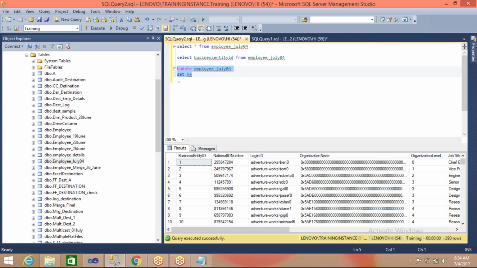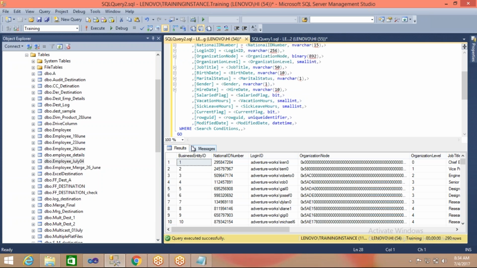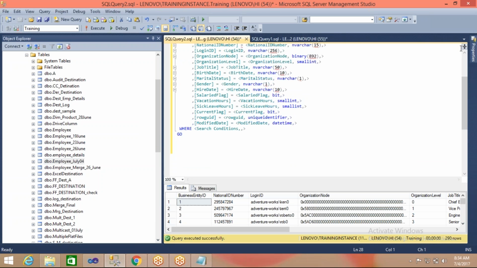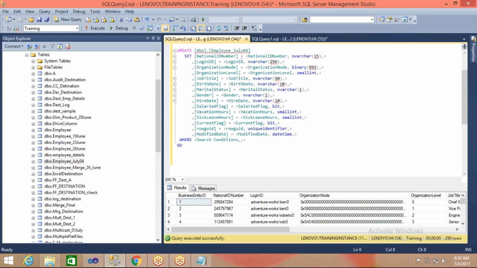I will get the update statement. Yes, this is the update statement. So remove this business entity ID, we are not required this. Here national ID number equal to